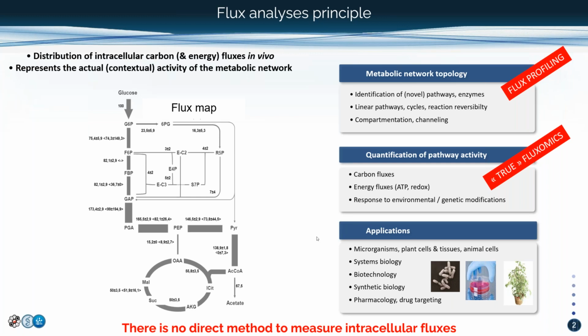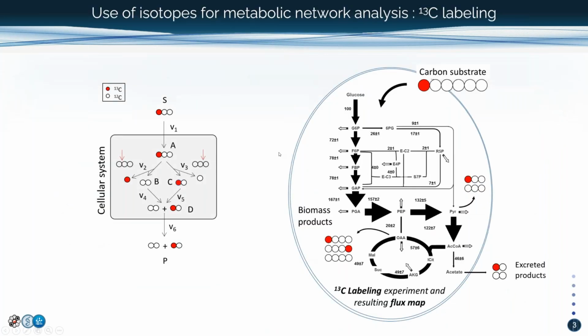go through indirect analytical approaches. The most common approach is to use C13 labeling, or in general labeling, but I prefer to say C13 because we are focusing on carbon metabolism. In nature we have only 1% of C13, so that means that we can modify the C13 composition of metabolites, which is quite useful to analyze a metabolic network, because here, for example,